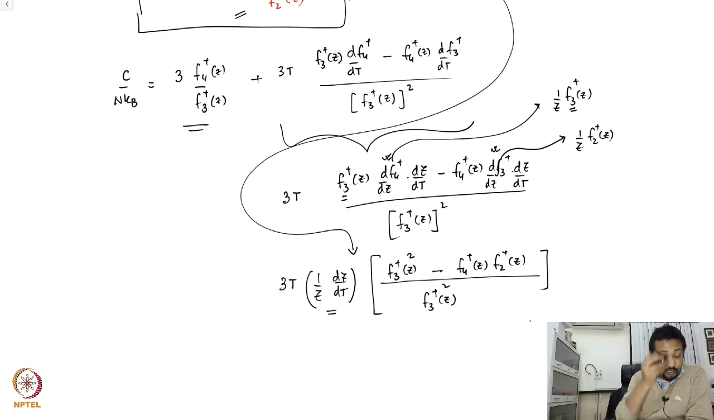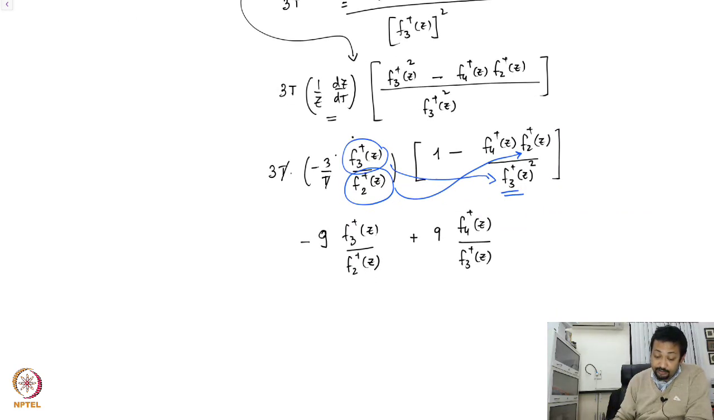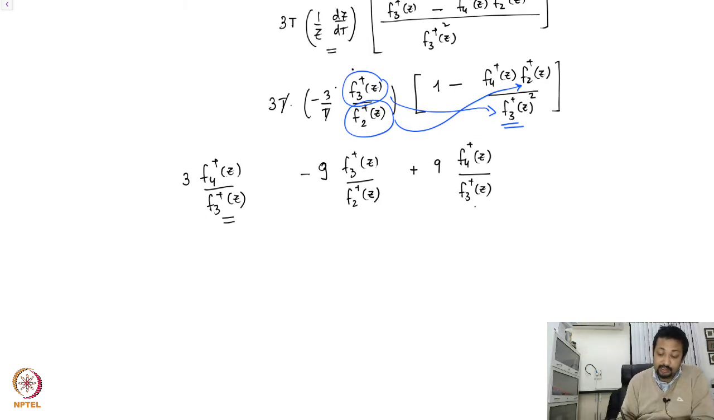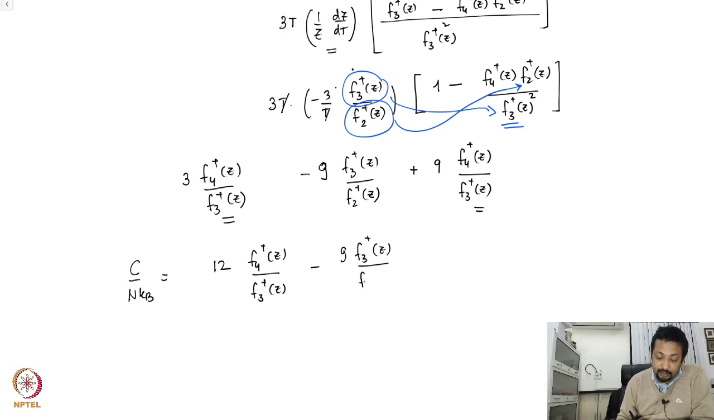Now look at it carefully and see. Let's add the first term. The first term is 3 f4 plus of z divided by f3 plus of z, so that this and this are the same terms, well, same forms. Therefore the specific heat now becomes 9 plus 3 is 12 f4 plus of z divided by f3 plus of z minus 9 f3 plus of z divided by f2 plus of z. Question is,